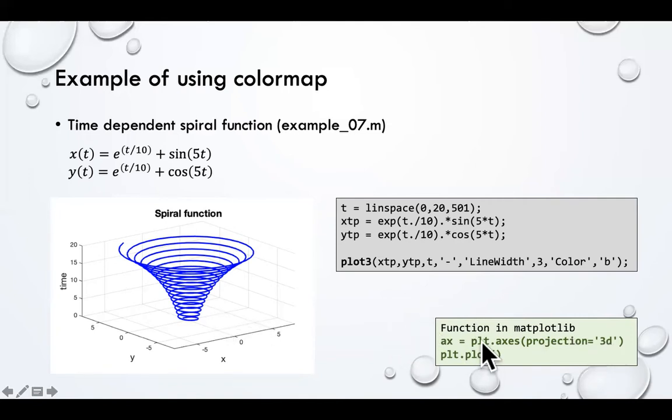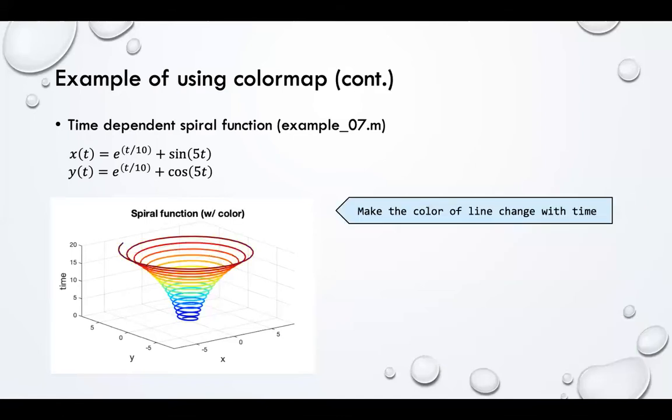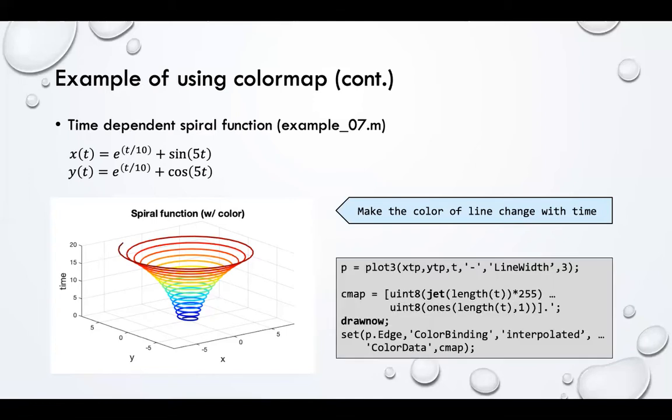Later on, you can see one example showing how you call these axes in the Matplotlib library. However, to show this kind of thing, you don't know exactly how the particle moved by time. So we can try to change the color map to see it, something like this. The same function, okay, but I want to see how the particle changes with time by color. If you just use the plot3 command and add the color on it, it doesn't work at all. What you need to do is